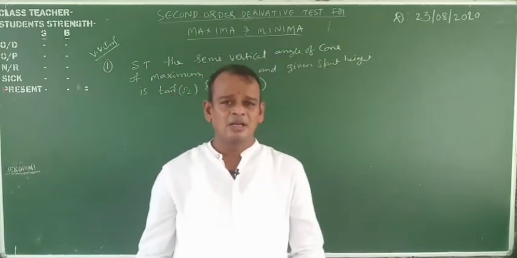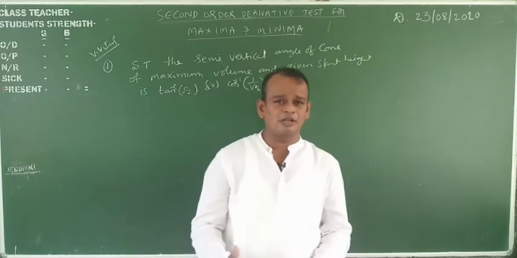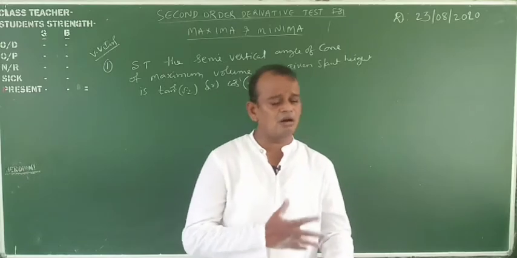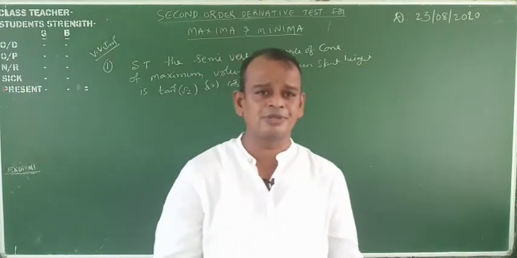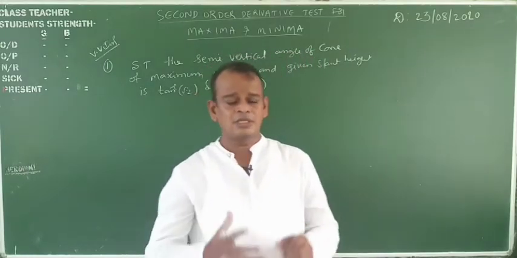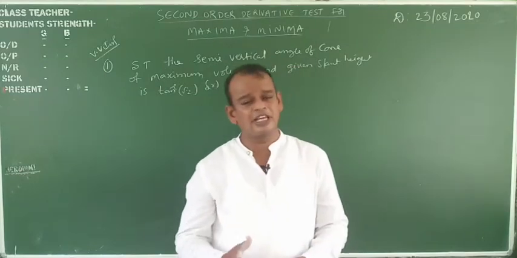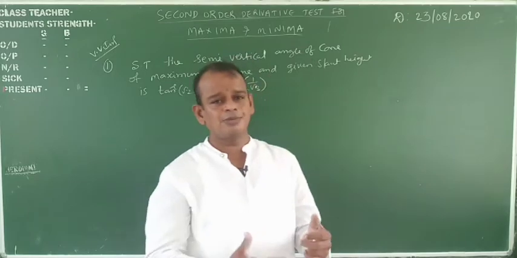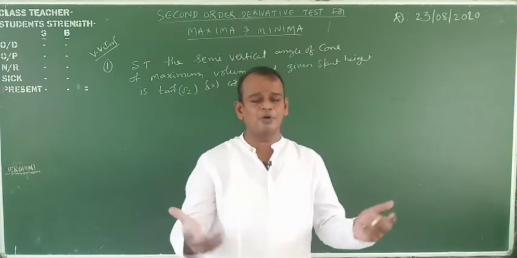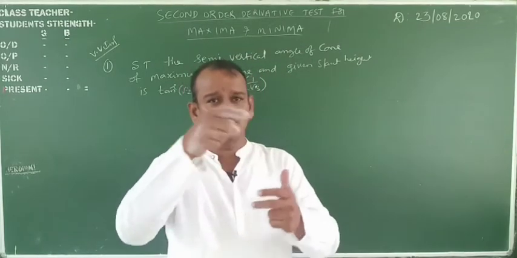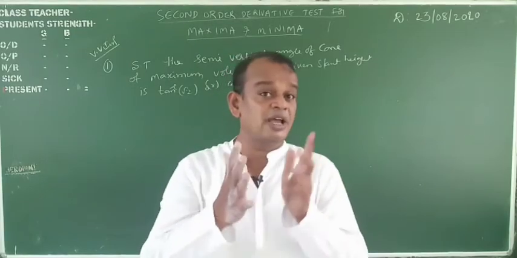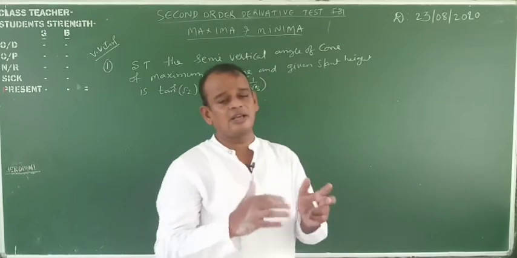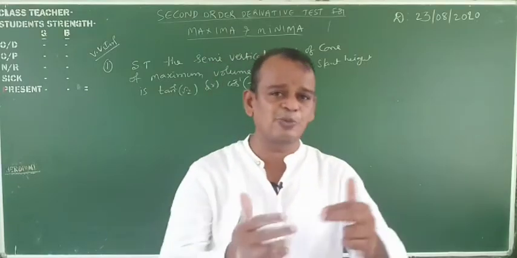I think in earlier classes I explained a lot of problems, nearly 20 problems. All of them are the same type of problems, but the concept is that you memorize the formulas, each and every formula, and what the shape is and what question is given. Before, the open cylinder was given. Open cylinder means there is no circular part, so the surface is 2 pi r h plus pi r square only. In that case, for least surface area, h is equal to r. I explained that problem.